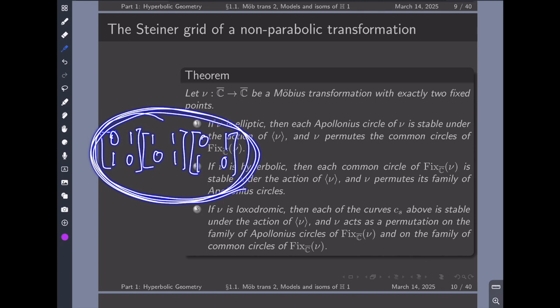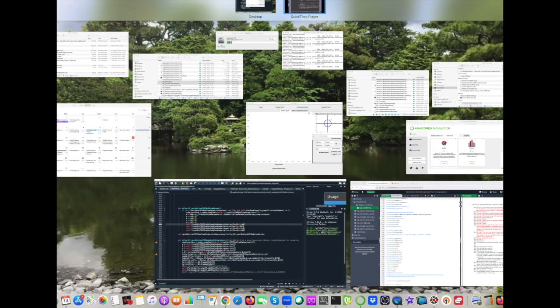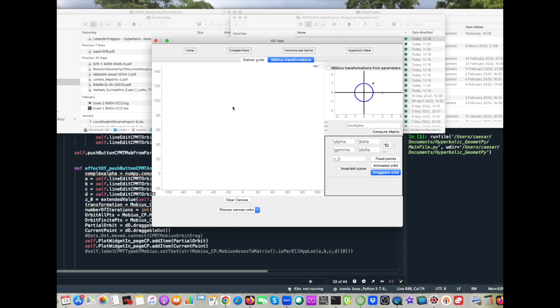So if you do that, the computation that I showed, what you obtain is 1, 0, 1, 1. Here I'm going to write maybe more points, I don't know, 50. I think for parabolic,